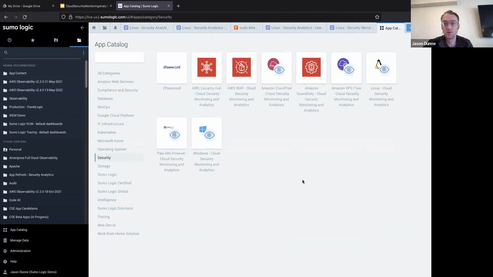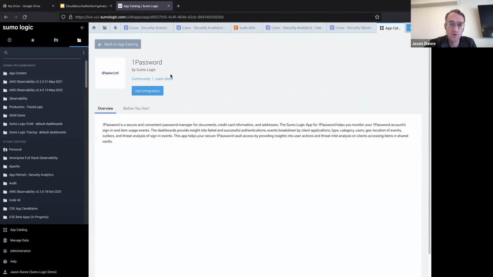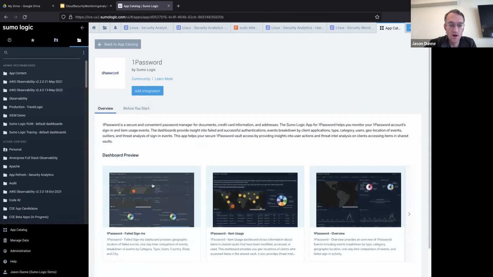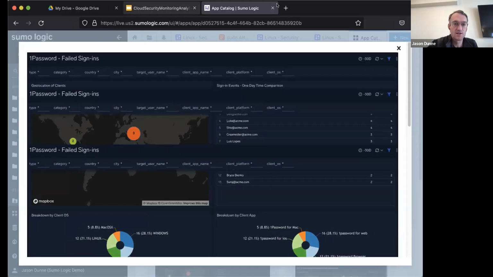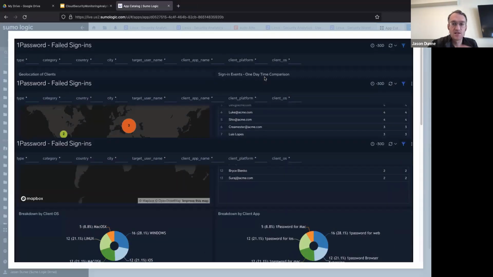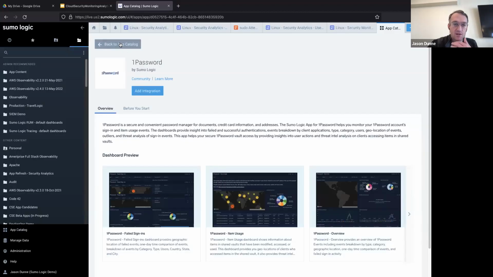of options within the app catalog in terms of Security Hub data, Palo Alto firewall, Windows. 1Password as well is certainly an option. All of these different types of visualization actually show us what the various options are and what you'll actually be able to get off to the races quickly